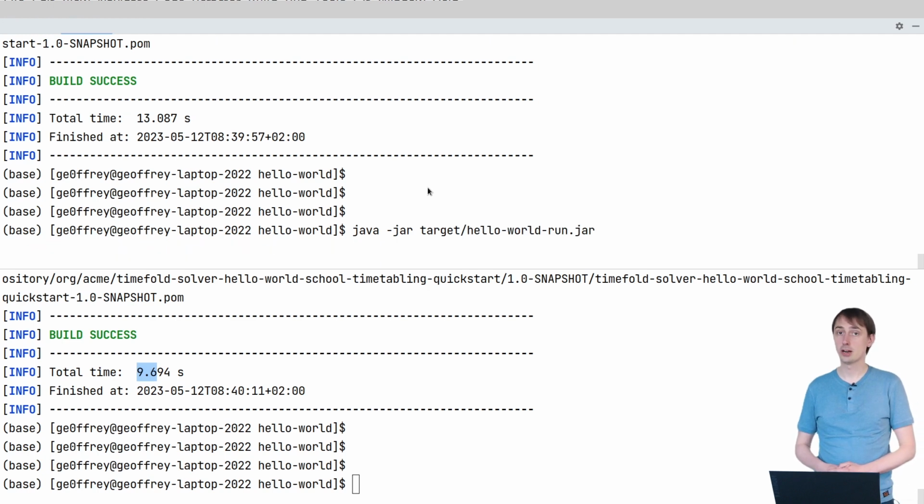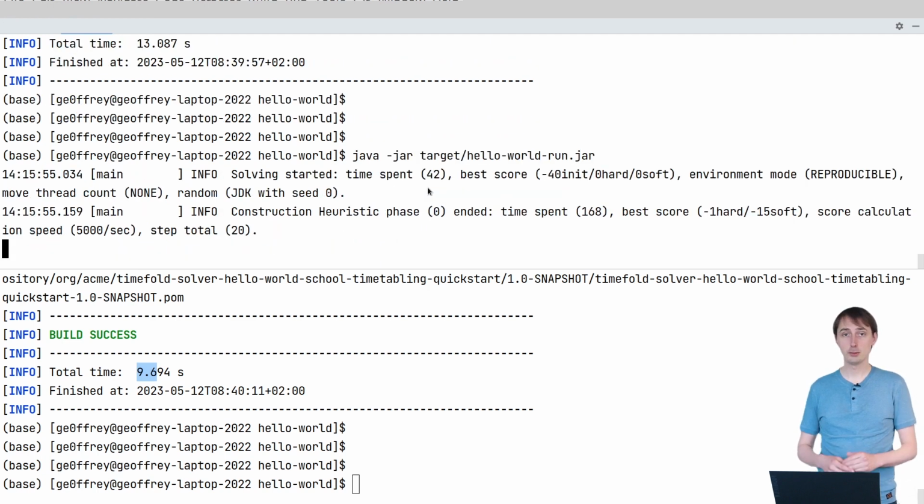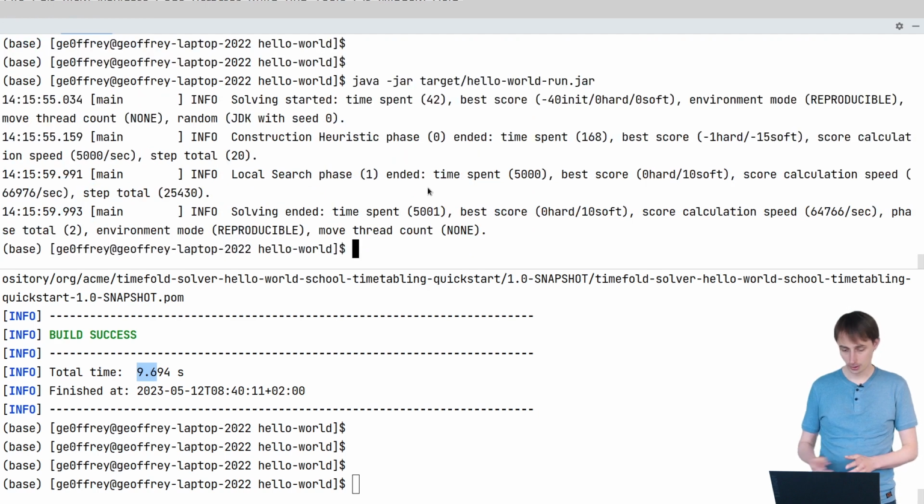And this will run for about 5 seconds. And we will be able to compare the score calculation speed between those two runs. So here you see it's run for a little over 5 seconds, actually 1 millisecond longer, and it has a calculation speed of 64,000. If you now do the same thing for Timefold,